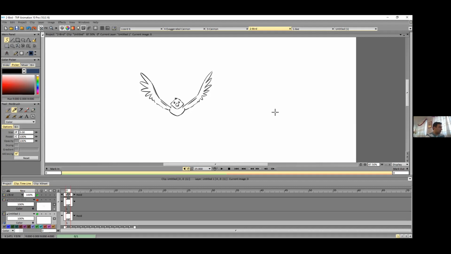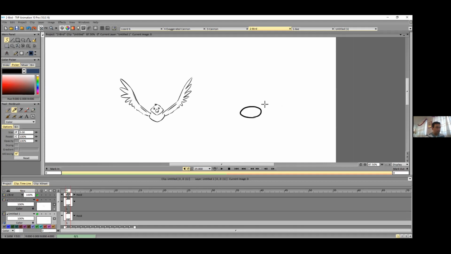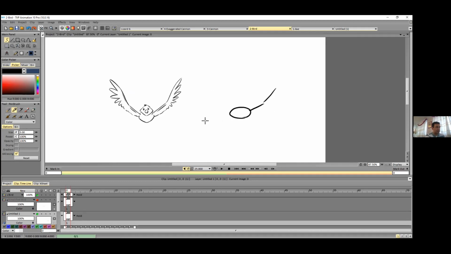I will draw an ellipse as the body and 2 lines as the wing. If we animate this one correctly, we would be able to animate this one.